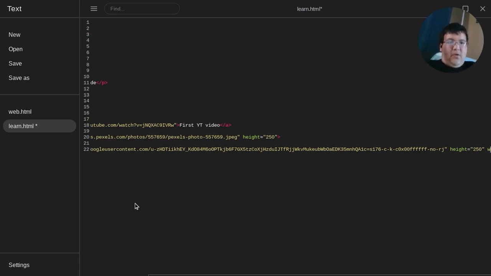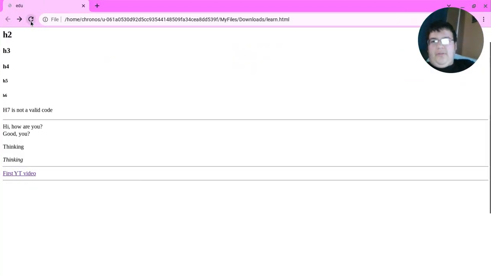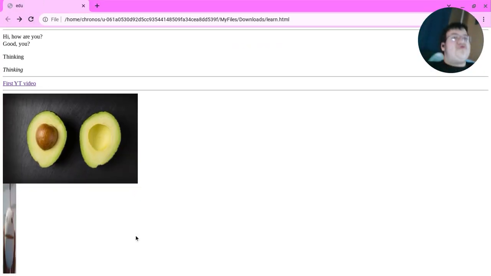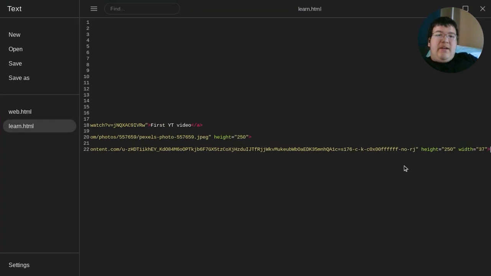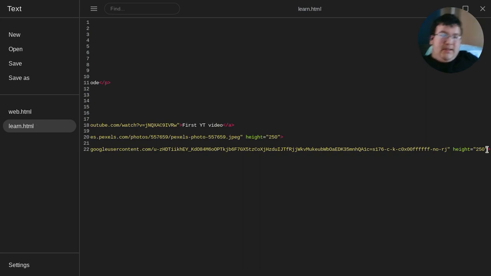Except then you do width equals 10. Actually, 37. So Control S probably could be like that. Won't look bad. It'll stretch the image if you don't get the proportions correct, or if you put two incorrect proportions, it won't do it correctly. But if I remove one of the proportions,